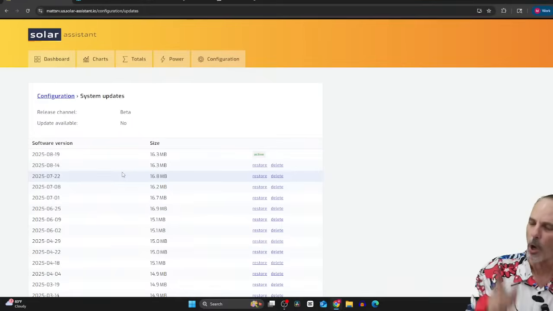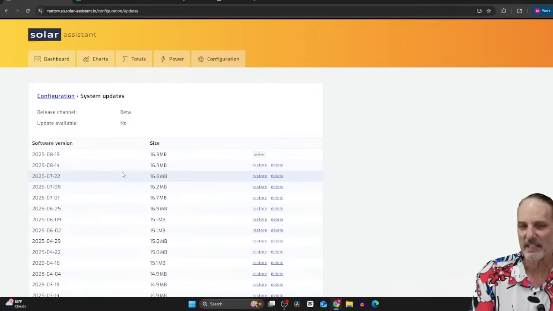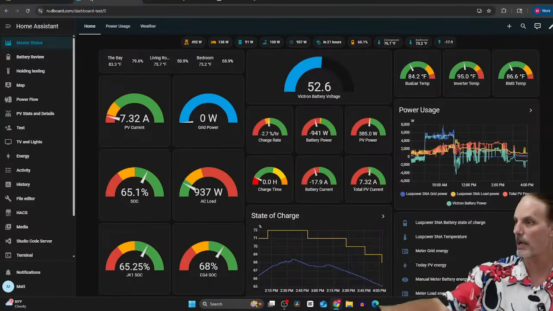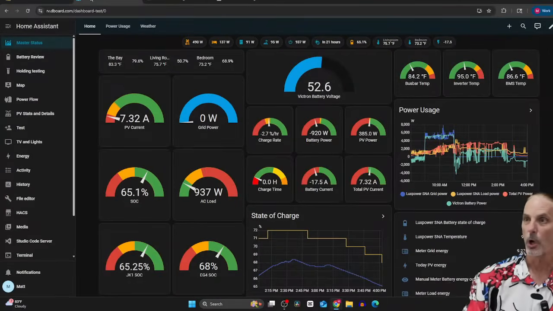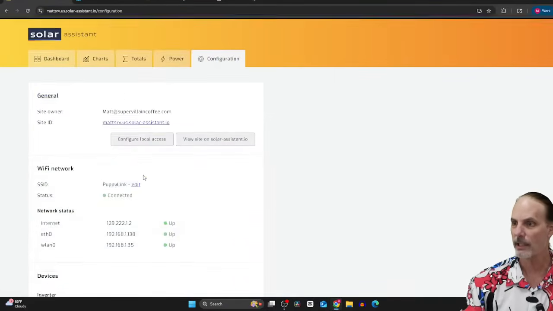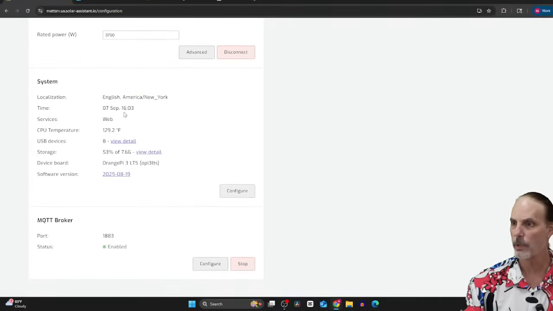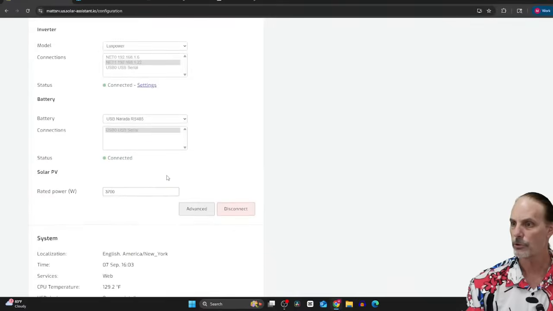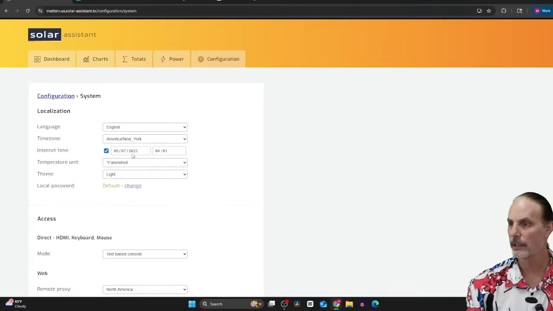and occasionally you run into things with problems. One of the interesting things that they did this week on Solar Assistant, and it's been a long time coming, is we've been begging them to do what you see on my Home Assistant here, which is a dark theme. So Solar Assistant actually created a dark theme. So if you go in and you update to the 8.19 beta version and make that active, then you can go into the configuration screen, and right here you have a light and a dark